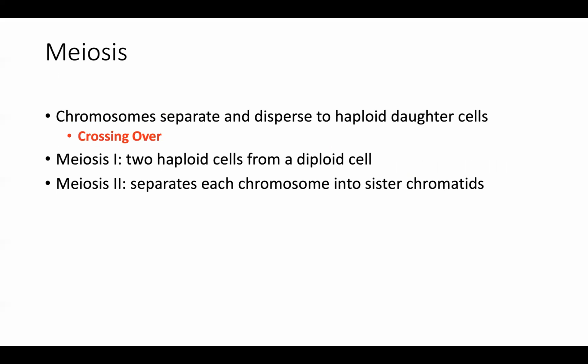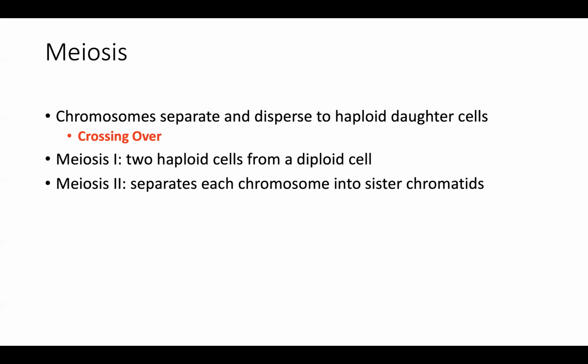During meiosis, there is a process known as crossing over taking place. Jot this down: the chromosomes are separating and dispersing randomly to the daughter cells being generated. This is something we have absolutely no control over. Crossing over takes place, and this is where we get our genetic variation. And then we have these 2 rounds of cell division. They are called meiosis I and then meiosis II.